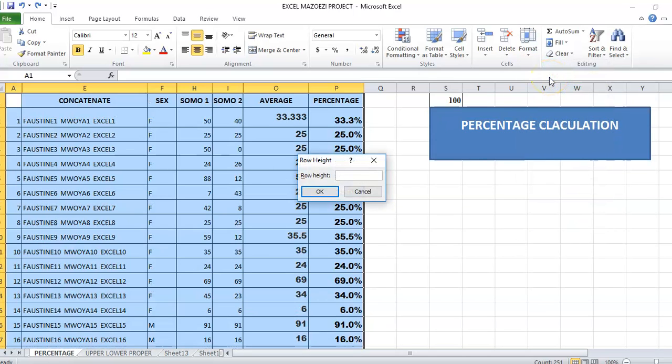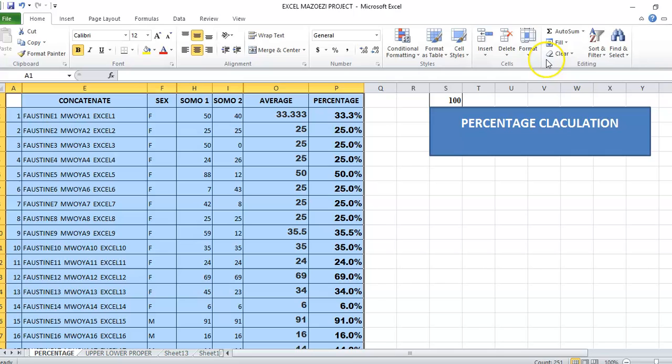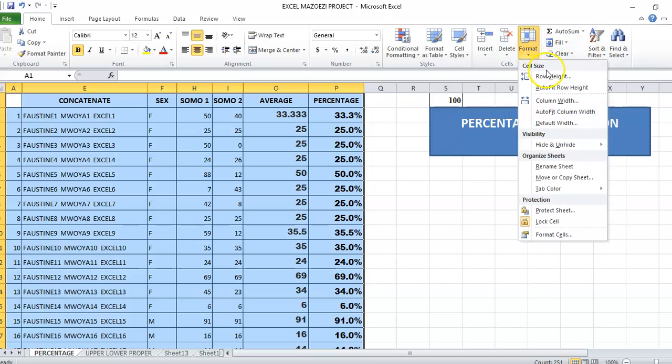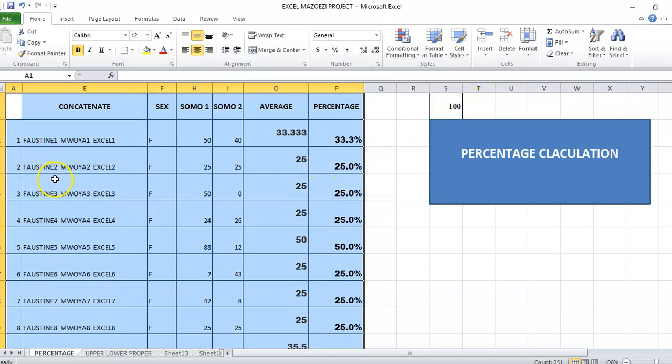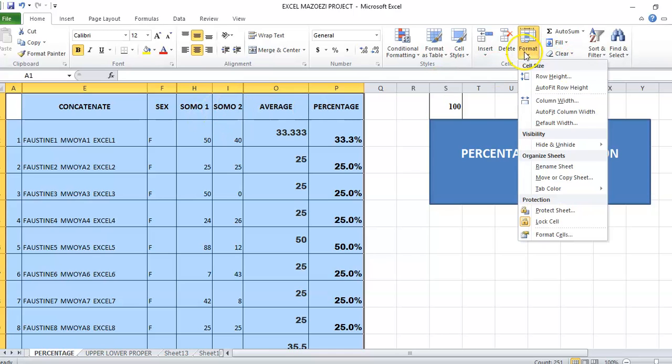Clicking on Row Height right here, for example, I want to apply 22 height, as you can see, or I can increase up to 40, right, 40 here, as you can see now. But also I can increase the column width,